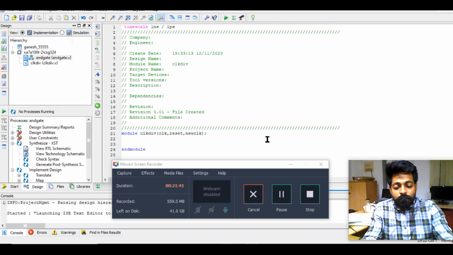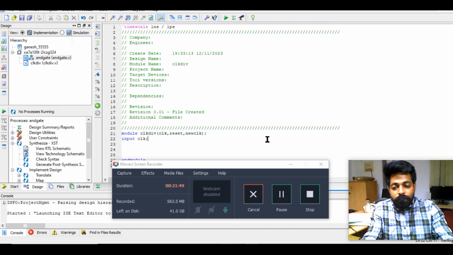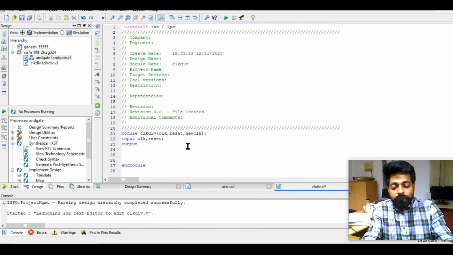So inputs are clock and reset, let me declare both as input. Let me declare the output here itself. I'll be generating a new clock as output,